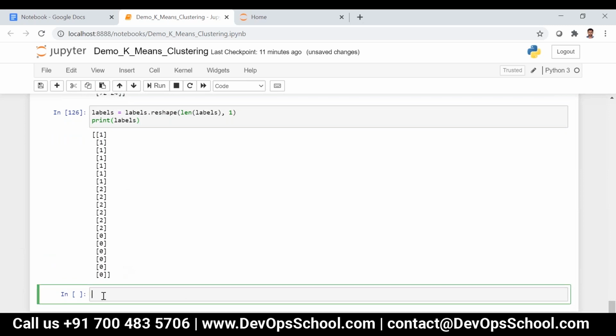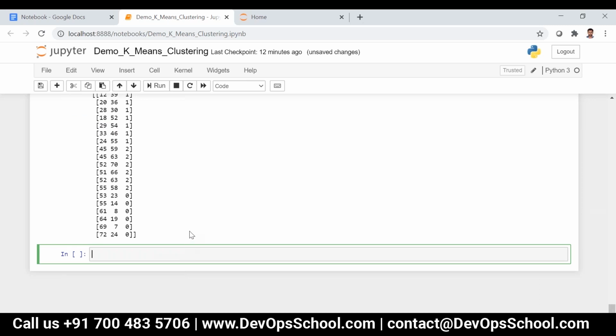Then I can concatenate these two. That is, clustered data is equal to np.concatenate, and then I provide data comma labels, and then axis is equal to 1. Now let me print the clustered data.